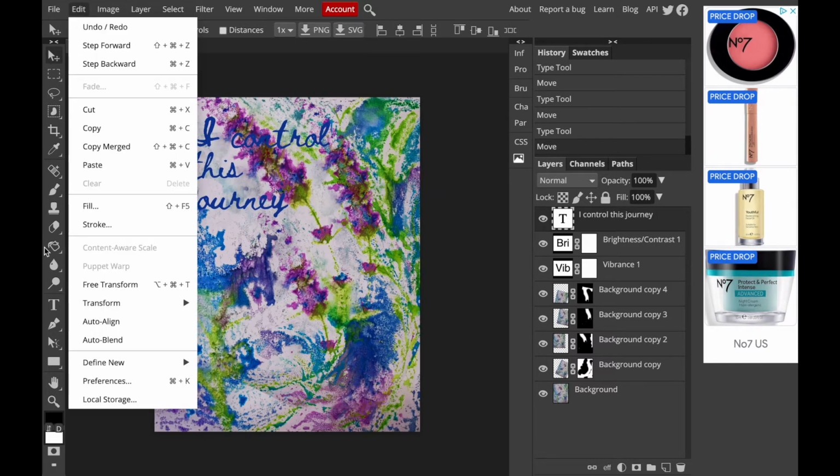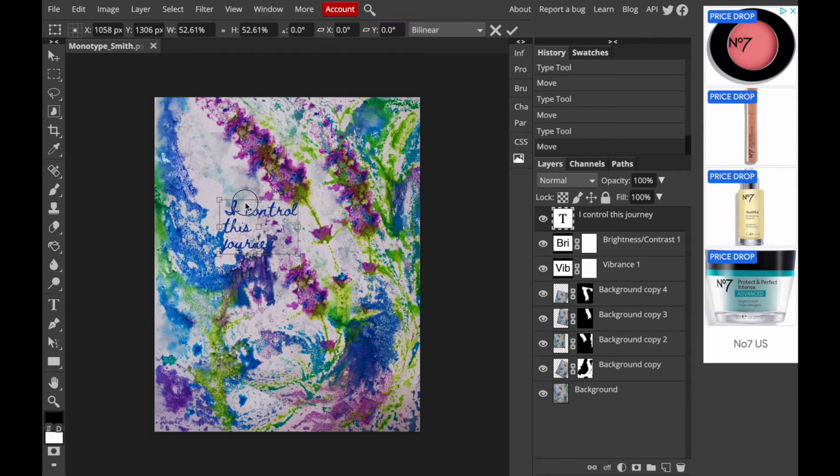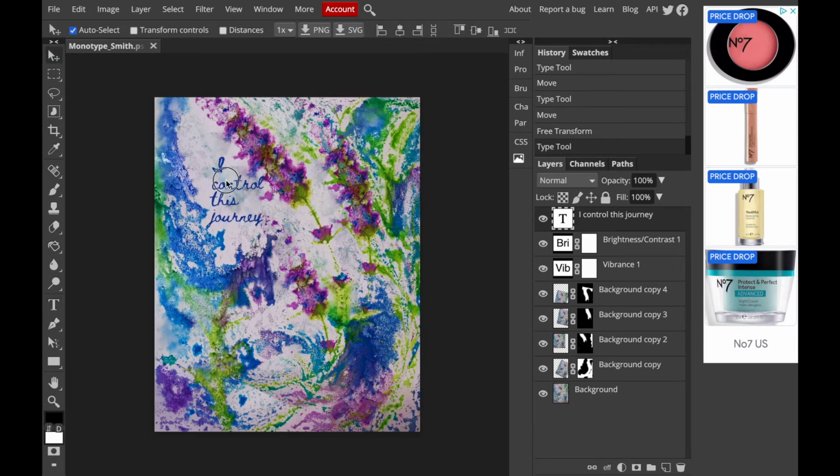So I'm going to go to Edit, Free Transform, holding Shift. Let's see if I can get it to fit in this little box. I may have to... oh, look at that, look at that. Now, the other thing that I can do, if I want to be able to move